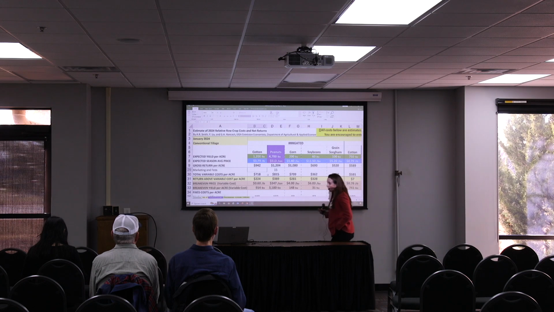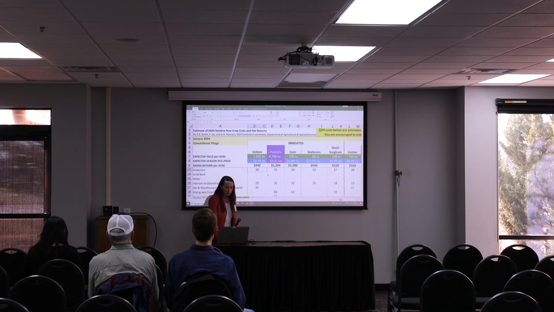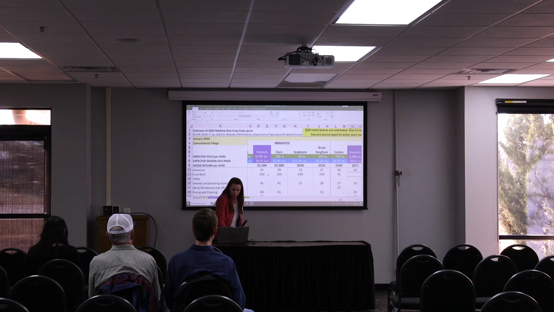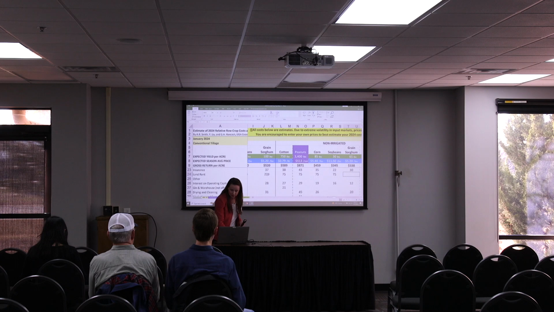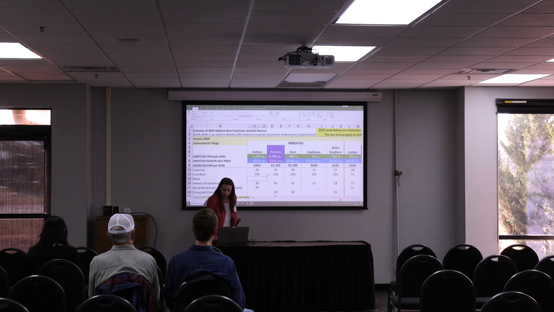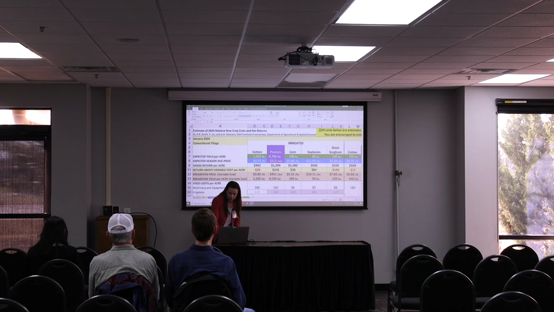Now, if you recall, we had state average values for land rent. And when Dr. Liu showed you the cost of production slides for cotton over the past several years, she said that was on owned land. So I'm just plugging in the USDA National Agricultural Statistics Service state average value for land rent for us to take a look at these numbers and see how it changed, because this tool also helps calculate break-even price and break-even yield.